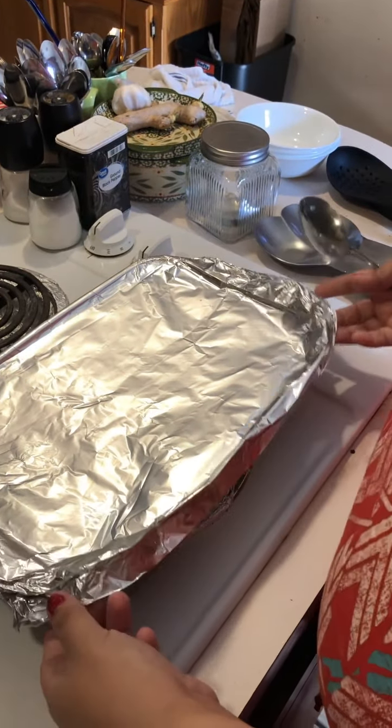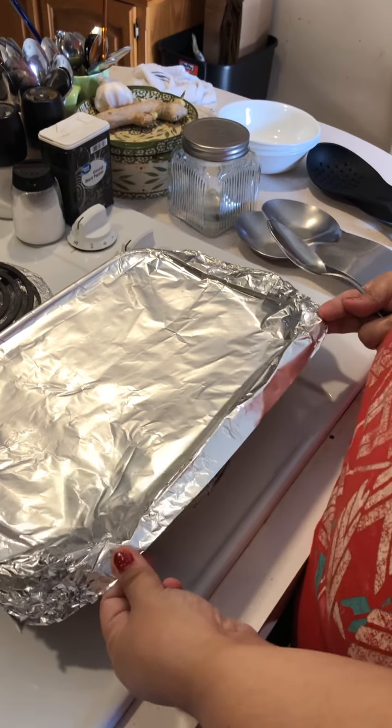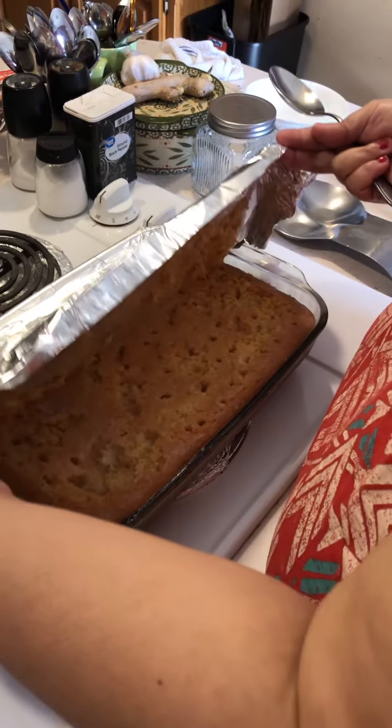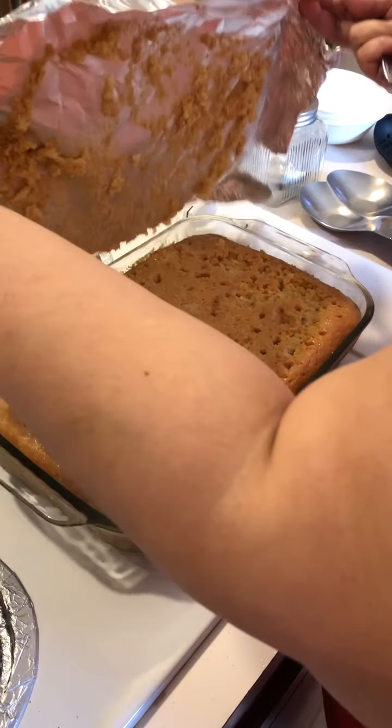Okay, go put this in the back. Transition. You ready? Well, this always happens. And then I always have a kid that'll come and